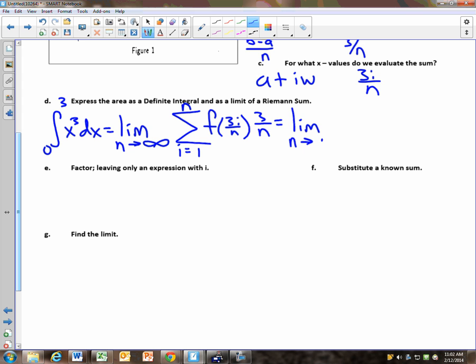Limit as n goes to infinity of the sum from i equals 1 to n. We have to plug 3i over n in our function. When you take 3i over n, you plug it into the function, what do you get? 27i cubed over n cubed times